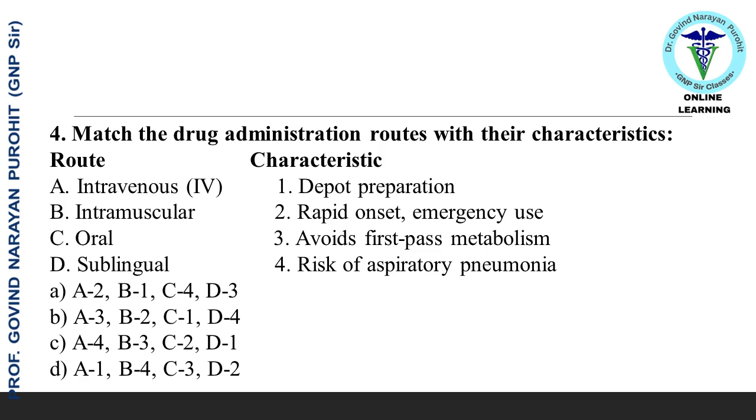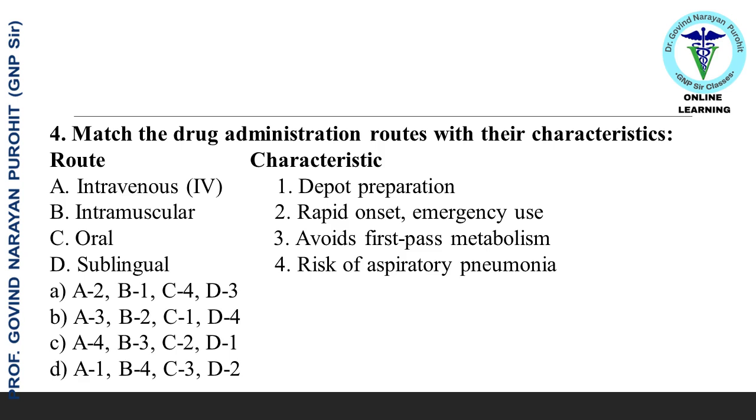B. A3, B2, C1, D4. C. A4, B3, C2, D1. D. A1, B4, C3, D2. Answer A. Explanation. IV is rapid, IM supports depot preparations, oral risks aspiration in poor technique, and sublingual bypasses first